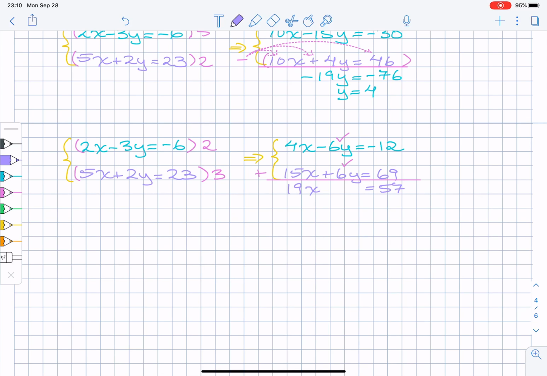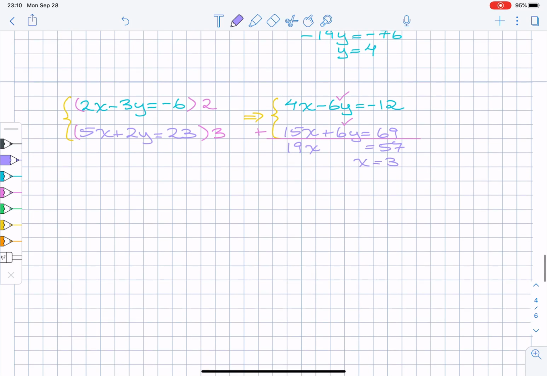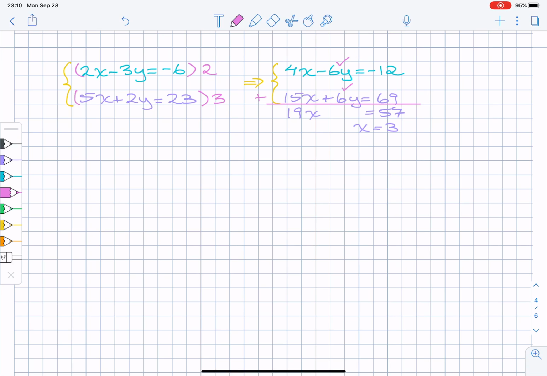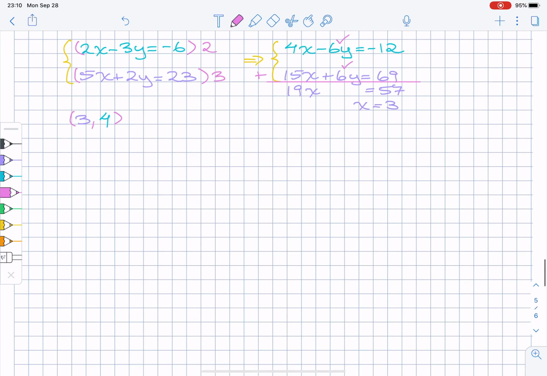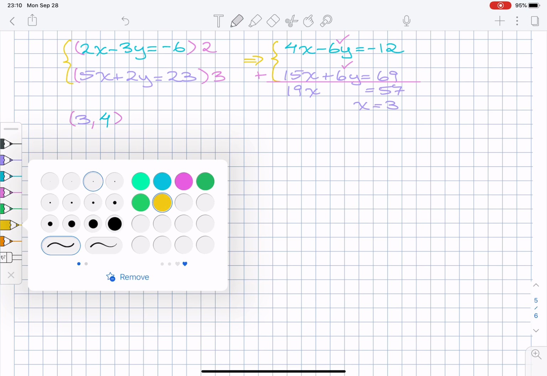Okay, well 57 is 3 shy of 60, and 20 times 3 is 60. So I claim that x is 3. You can check my work. But I claim the point where these two meet is (3, 4), and that's the solution to this system of equations. It is